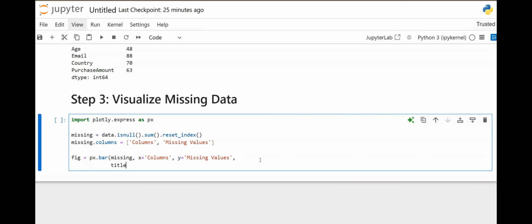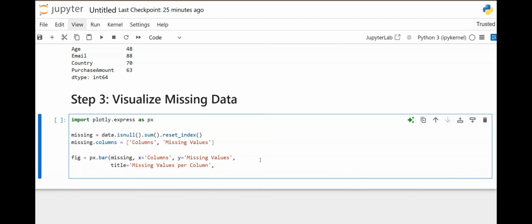I'll do my title equals single quotation again, missing values per column, single quotation. So this is the name of my bar graph. That's the title. And then I'm going to use color equals, and then missing values again. So I'm going to highlight this, do a Control C and a Control V. Make sure to put that in single quotations,